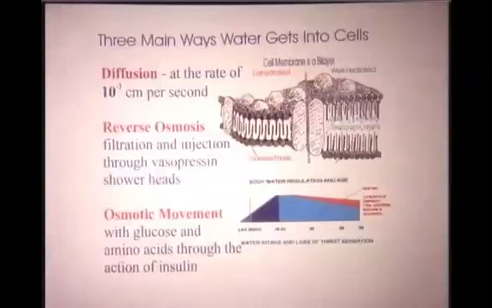Now, the other way of delivering water is by reverse osmosis, because the body tends to draw water out of the peripheral cells and bring it into the circulation and filter and inject that water into vital cells. And that's called reverse osmosis. And then you've got osmotic movement of water, because once insulin opens the gates and sugar goes in, and the mechanism is such that the other amino acids will go in, and they will carry some water with them into the cell to perform the functions